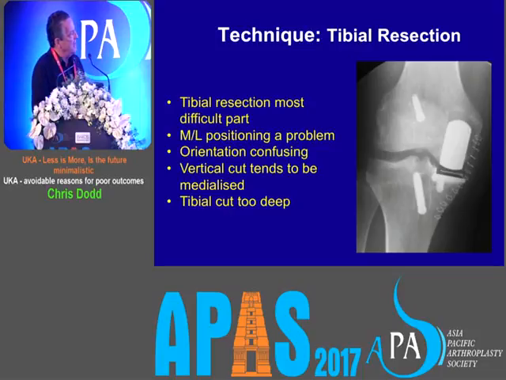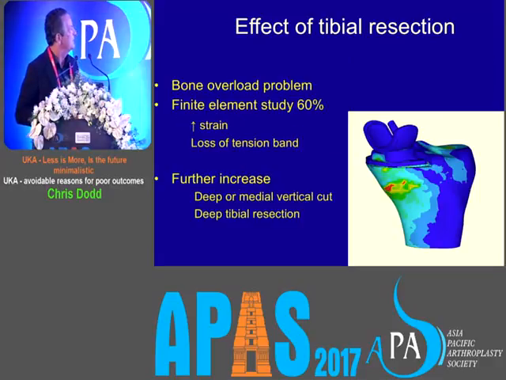The vertical cut here in the old days used to be too far medial, and as I said, the tibia was too deep. This is the most important picture I'm going to show you. Every time you do a uni, think of the poor proximal tibia. This is FEA. And what happens is you have a compression band here and you have a tension band here. As soon as you cut the proximal tibia, you increase strain in that proximal tibia by 60%. And there is a spectrum of problems with unis on the tibia, from postoperative pain through radiolucent lines to a stress fracture and finally a full bone fracture.